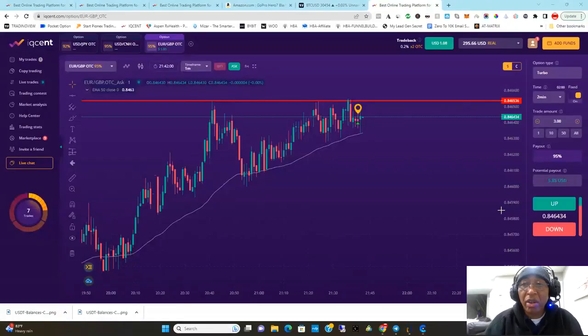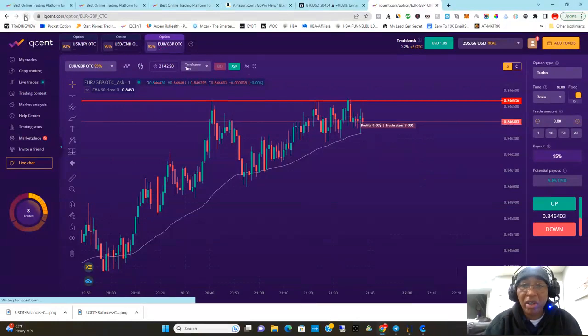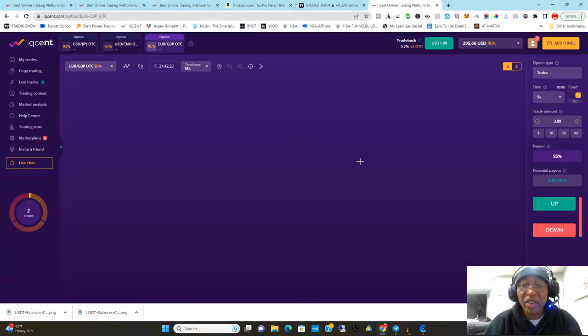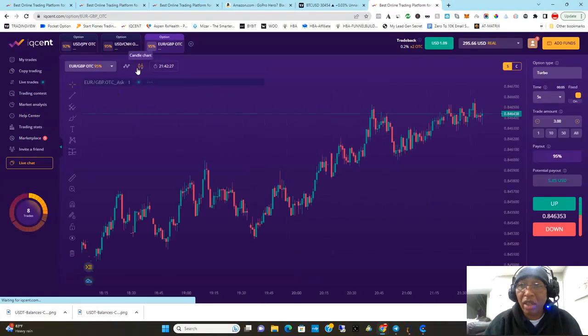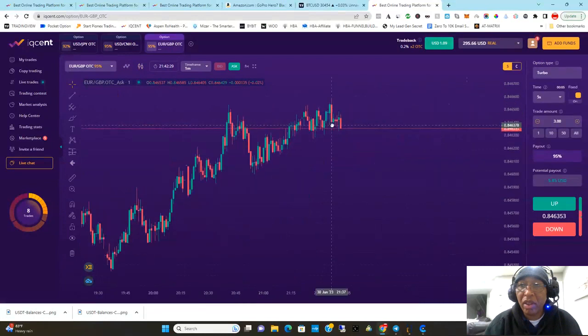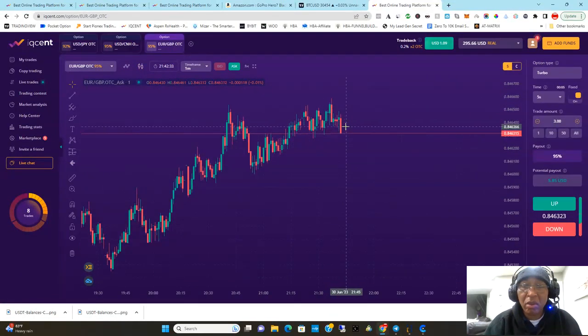Trade here on the IQCent. Okay, and it's a 2-minute trade. You can see right there. Let me refresh the screen, and let's come back and see what happened here. Okay, so that one was